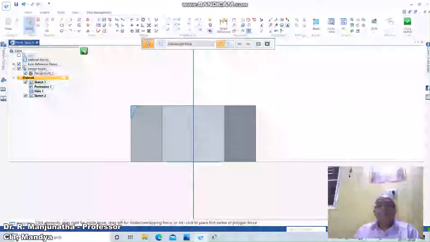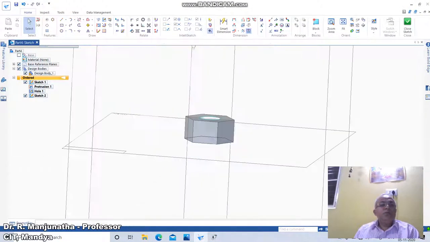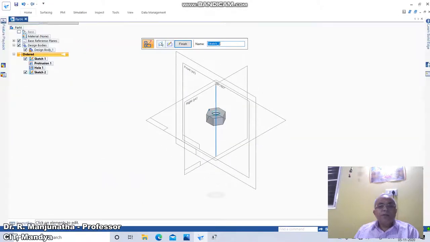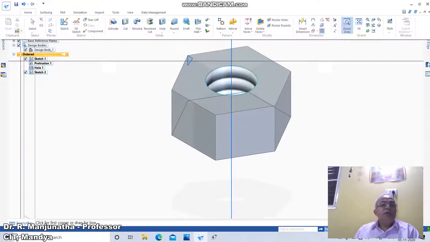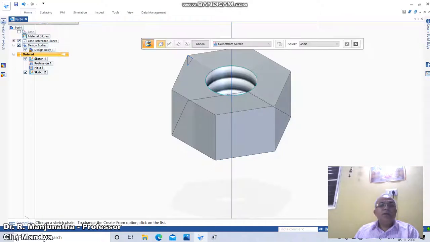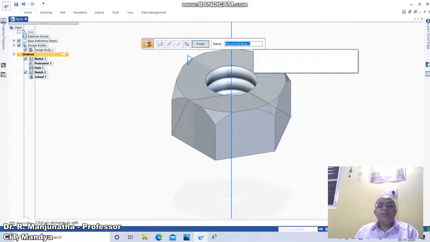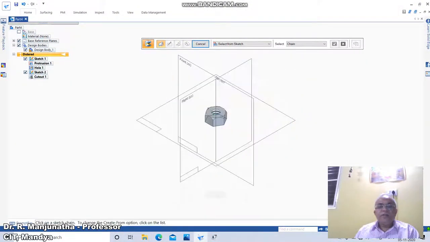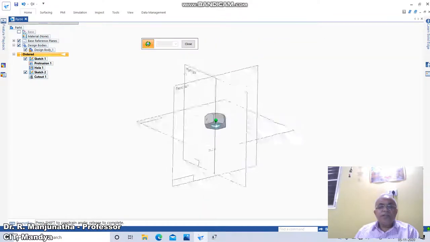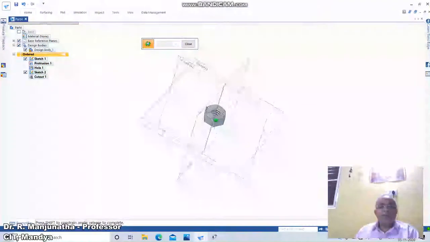Now we need to create the chamfer. So go to close sketch, then zoom area, bring it near to the screen, and then go to home, click on revolve cut, click on this sketch, accept, click on this axis and revolve it through 360 degrees. You will be able to get the chamfer and click on finish. Then you just fit it. So now as we rotate, you can see that this is going to be the hexagonal nut.